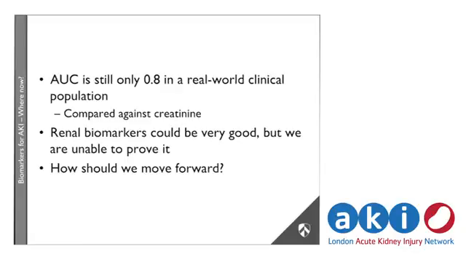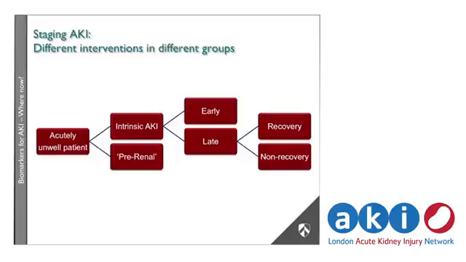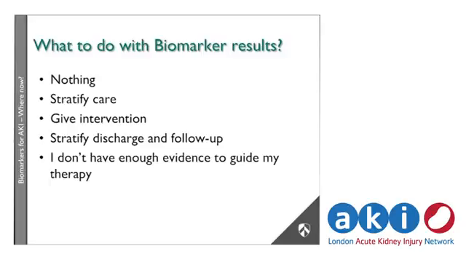So renal biomarkers may be very good, but we don't really know how to move forward. We want to identify where patients are in the pathway of AKI. So what we've got to decide is, if we have a biomarker that's very good, maybe this NephroCheck biomarker, which is the one I've just alluded to, is very good, do we do nothing? Do we say we don't really have any information about how to treat these patients? We know how to treat patients with an elevated creatinine. We don't know how to treat patients with a positive NephroCheck.